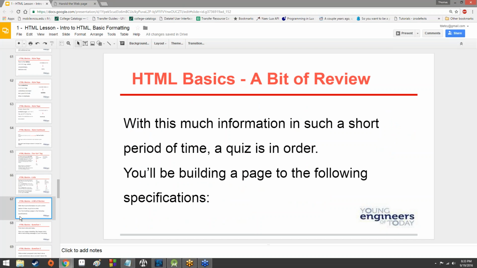So with this much information in such a short period of time, a quiz is in order. The idea is you would be building a page to the following specifications. You don't necessarily have to build a page. I just want you to at least think about the answers. You're more than welcome to if you'd like, though. So first one,